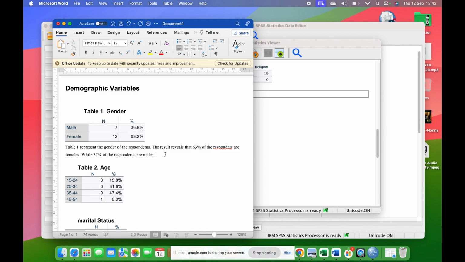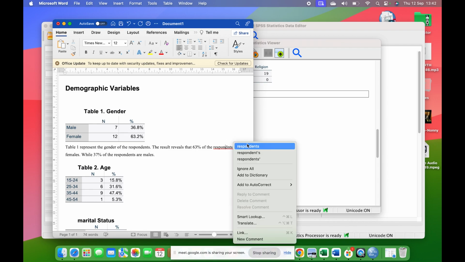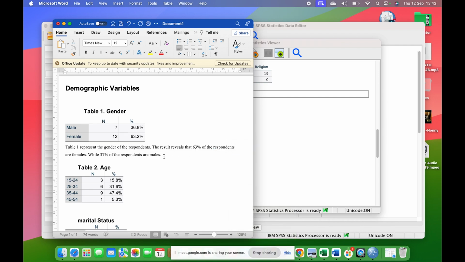This result has finished like this. If you want to add one or two other things, you can add. You might just say this implies that maybe this implies that the female